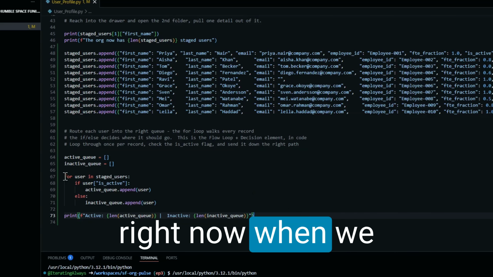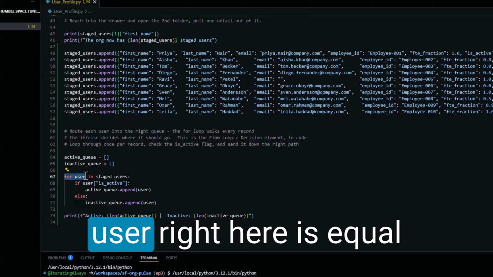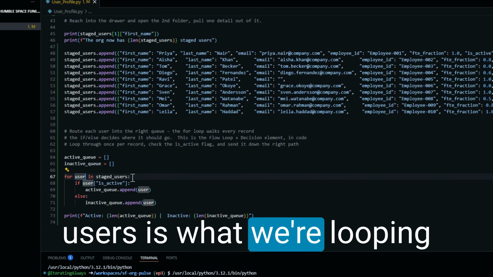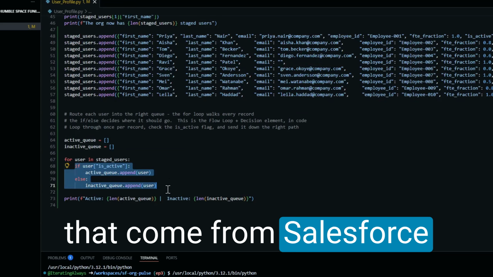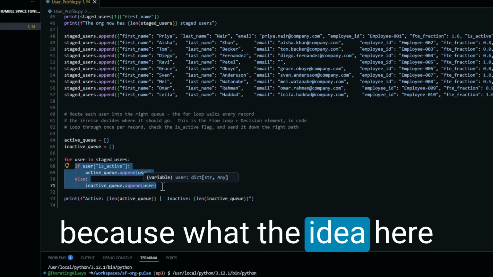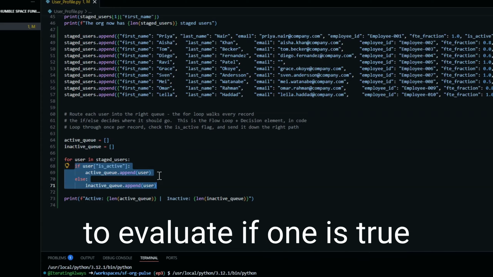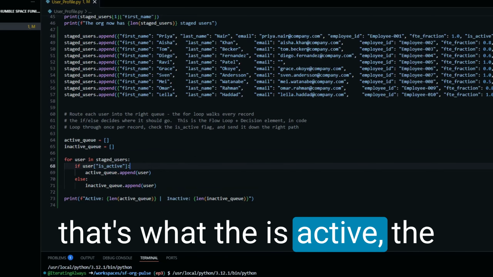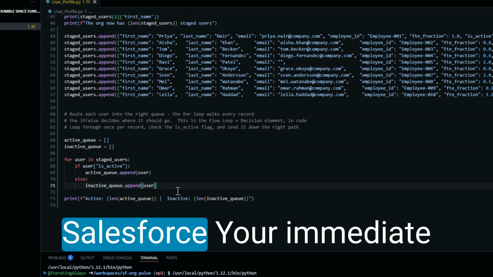I'm going to explain this right now. When we establish the for loop, user right here is equal to the iterator, and staged users is what we're looping through. Now, this may be a bit confusing for people that come from Salesforce, because the idea here is that we are evaluating if one is true and one is false, because that's what the exactive variable or key value is. It's either true or it's false. In Salesforce,